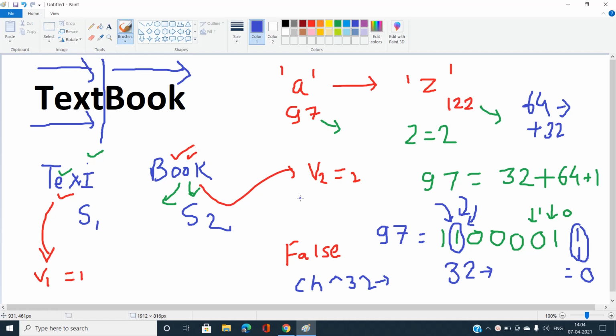In this case, small a can be shifted to capital A by taking 97 XOR 32, which, since we subtract 32, comes out to be 65, which is nothing but the ASCII code of capital A. This is the method I'm going to use to check efficiently whether the current character is a vowel or not. Let's head over to the code to find out the best solution of this problem.